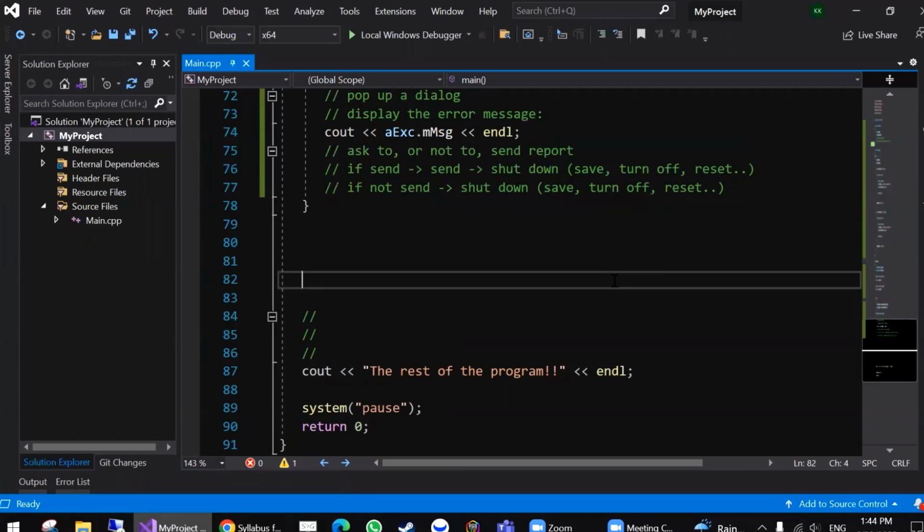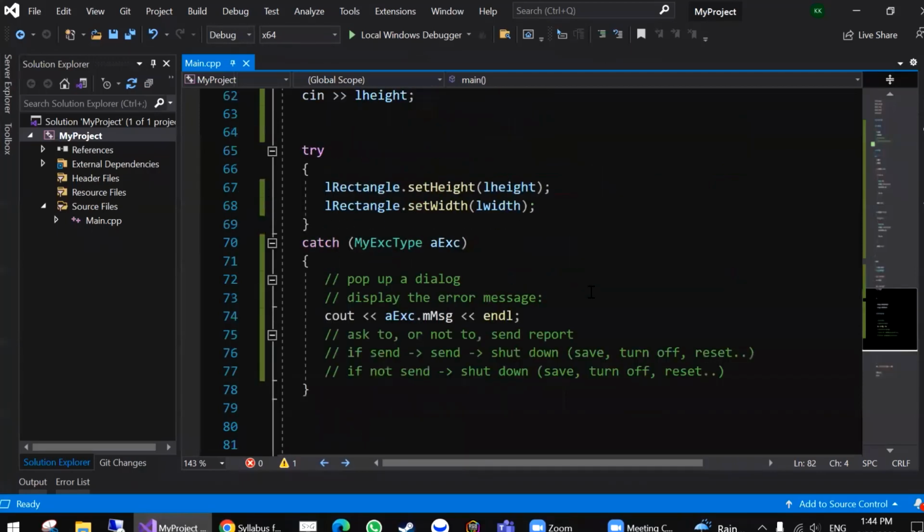Then we go to extracting data from exception class, page 1001. Then the topic is rethrowing an exception. You can rethrow an exception. For example,